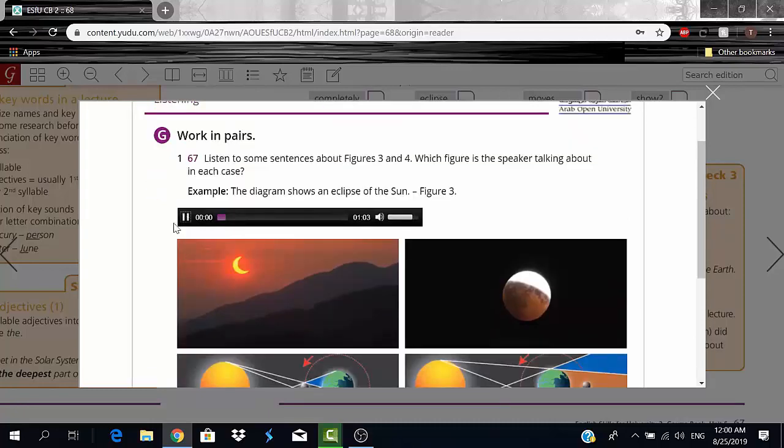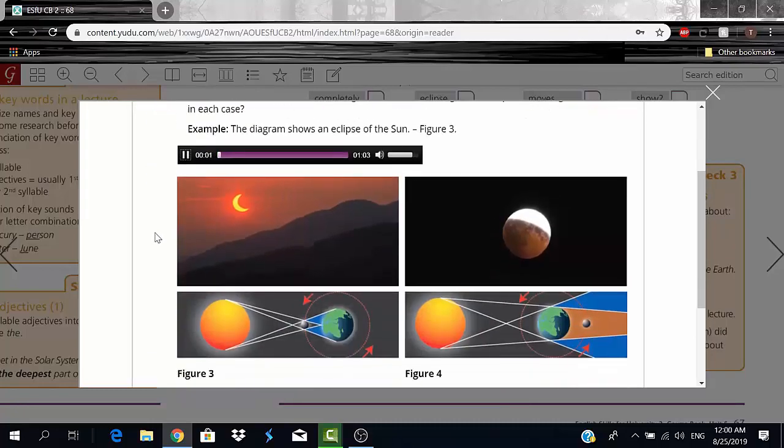Have a listen. 67. Exercise G. Listen to some sentences about figures 3 and 4. Which figure is the speaker talking about in each case? 1. The diagram shows an eclipse of the sun. Figure 3. 2.